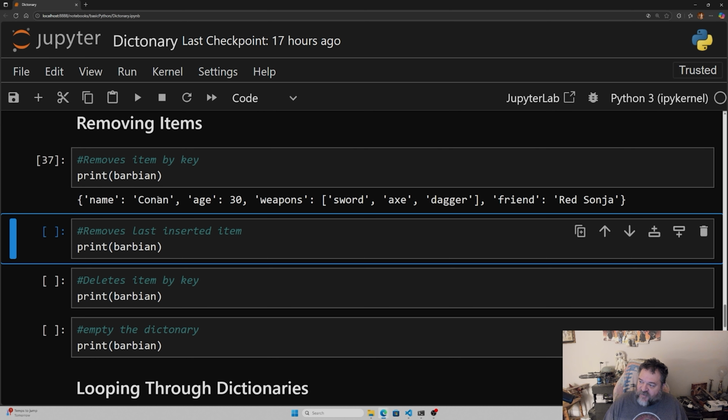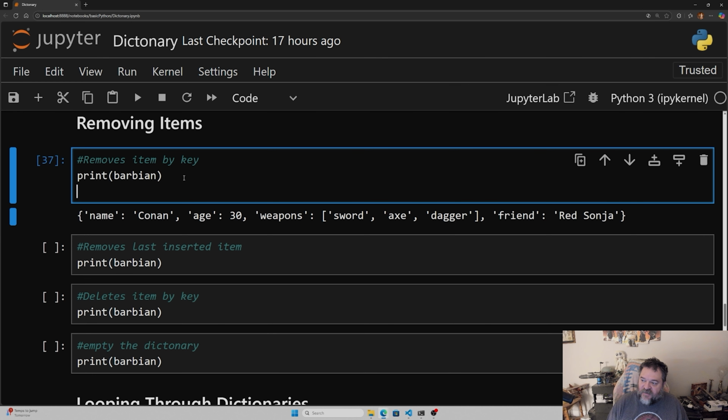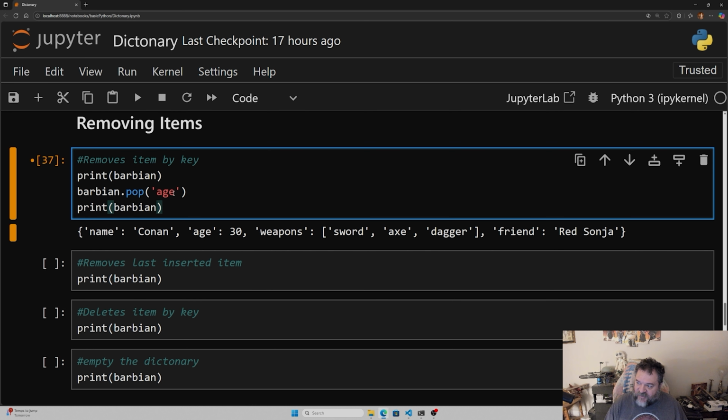So we have the name, Conan, age 30, and we have his weapons, and we have his friends. Okay, so let's do this. Let's remove an item by key. So what we're going to do is take the barbarian, and then we're going to pop. So we're going to pop out a data element. And what are we going to pop out? We're going to pop out the age. And then I'm going to take the print barbarian command and run it down here just to show you the difference. And if I hit shift enter,